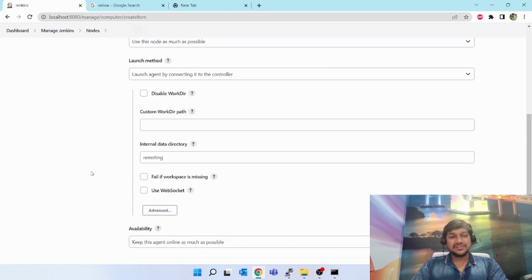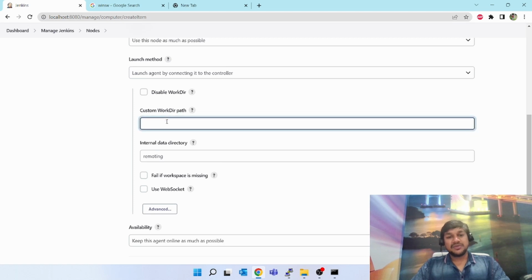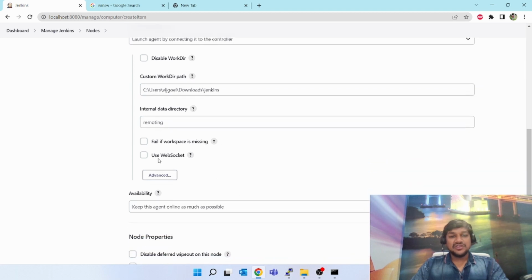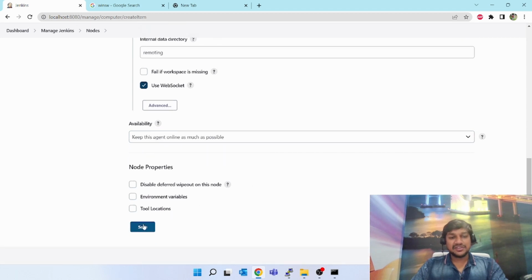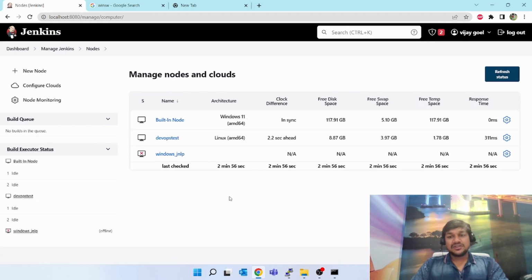Let's select this. Custom work directory path: paste the same Jenkins folder directory. Remoting, leave it as it is. Use WebSocket. We are going to connect it using WebSocket, so select this. Keep this agent online as much as possible, let it be the default one. Save it. So the configuration for the Windows agent we are going to connect as a slave is done,